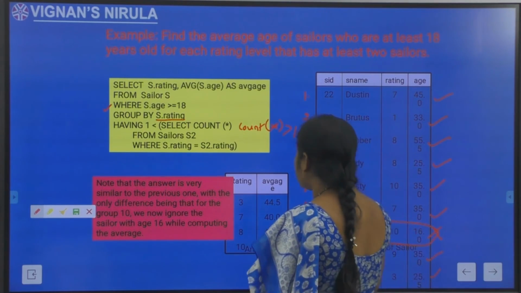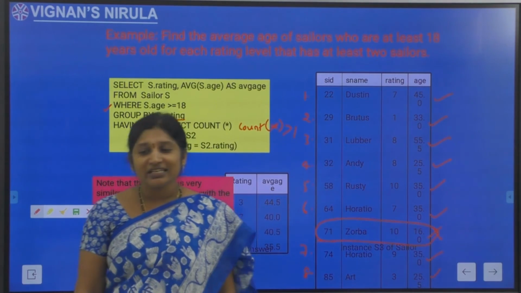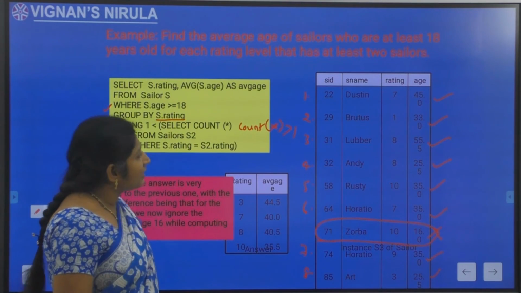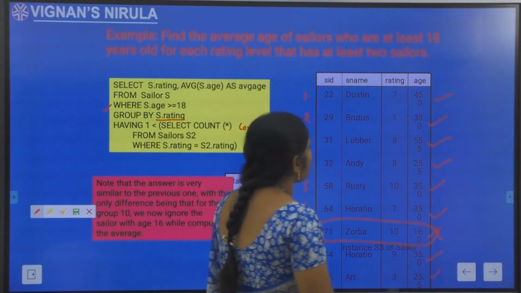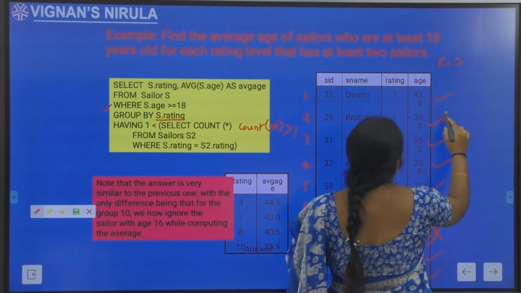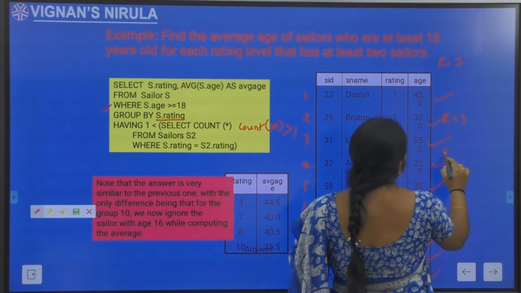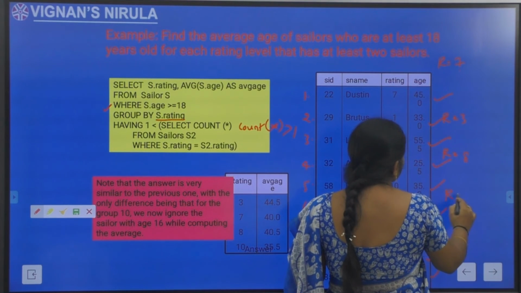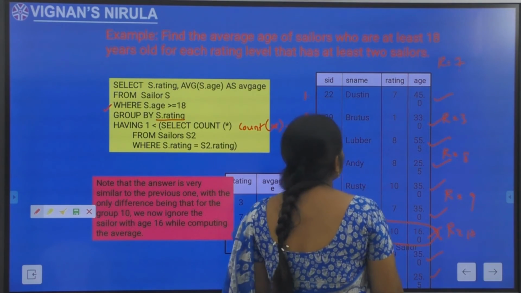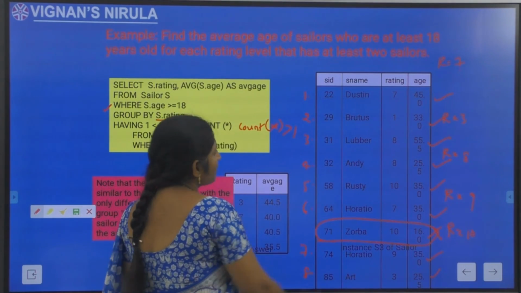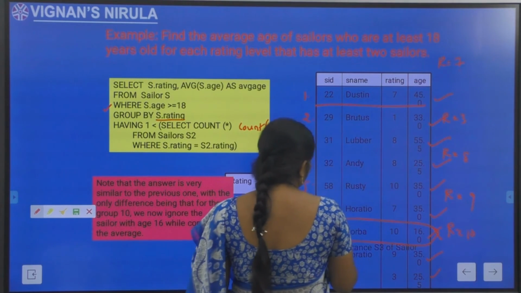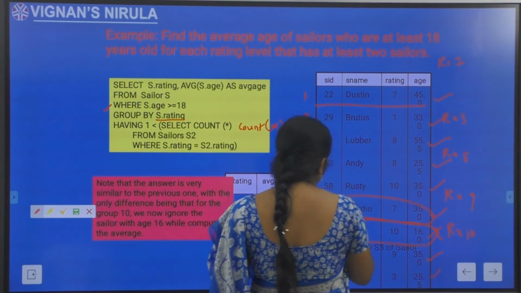After the outcome of the second step, I need to do the grouping. What is the group attribute? Rating. What are the different rating levels I am having? As you already know, rating 7, rating 3, rating 8, rating 9, and rating 10. For the rating level 7, how many tuples are there? 22 and 64.